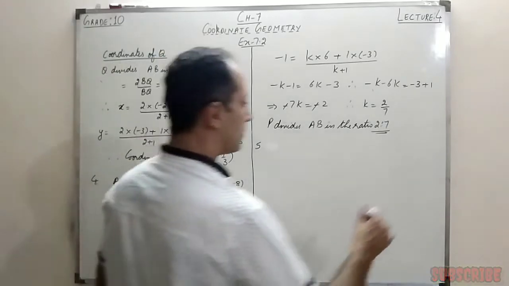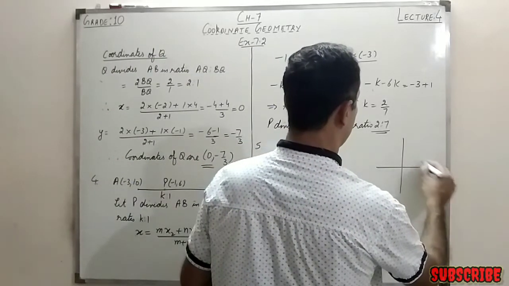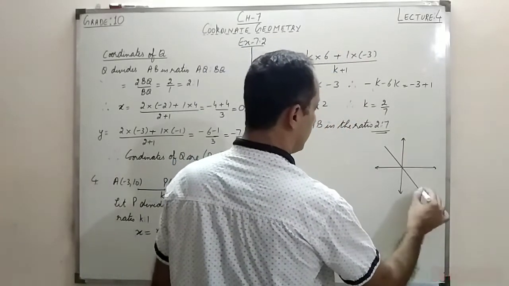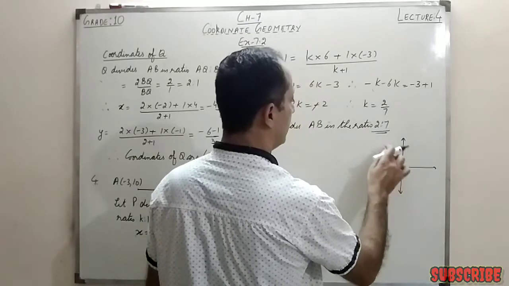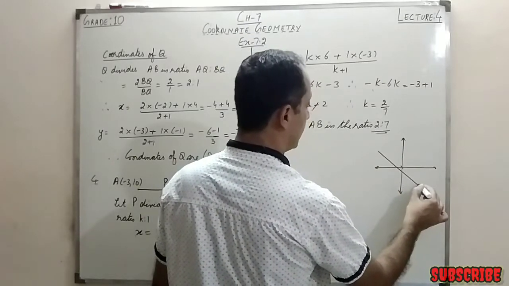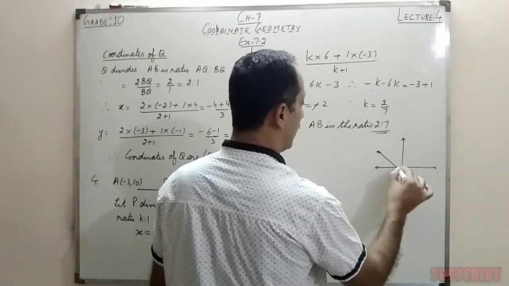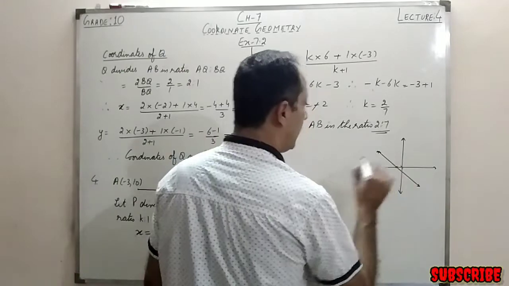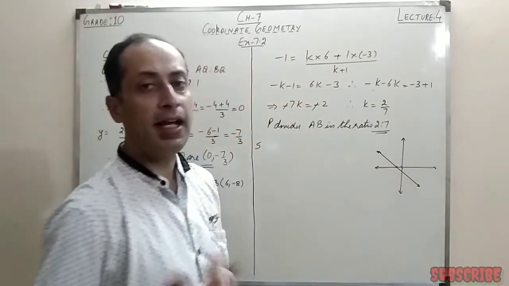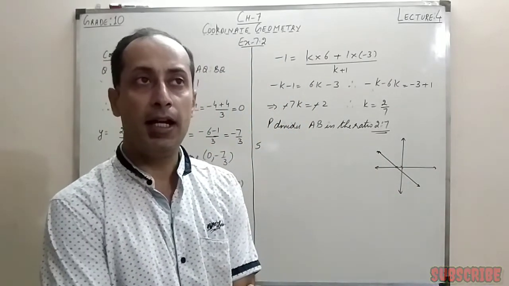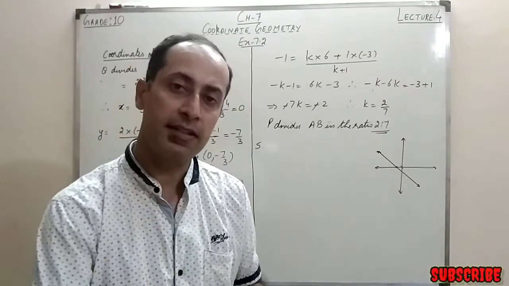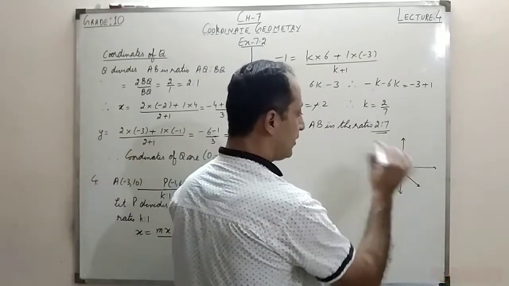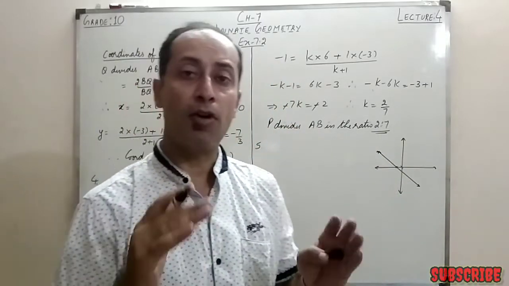Now, suppose I have 2 points. I'll just take a rough idea to draw the diagram. So suppose somewhere in the center I take this point. This is the line. Now, this is the point where this line is intersected by the x-axis. And I have to tell in what ratio the x-axis is dividing the line joining the 2 points, right? So I will have to take the coordinates of this point.